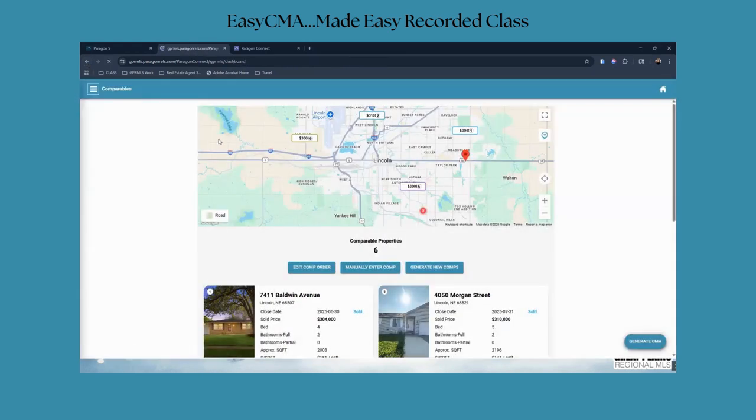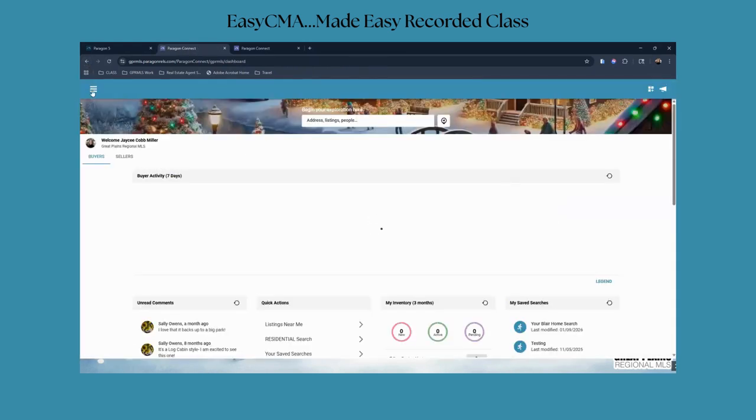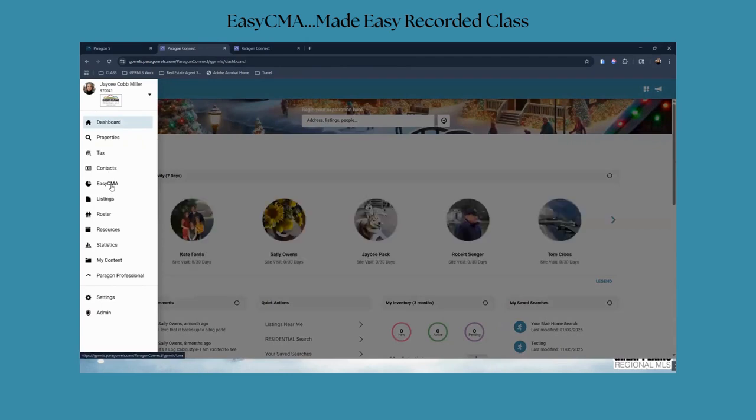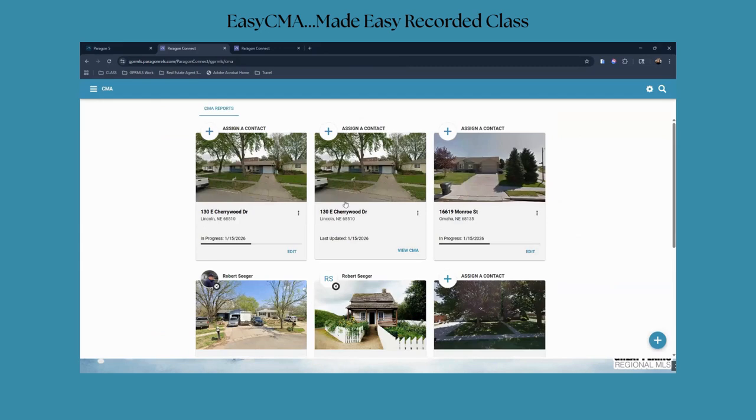Okay, so I have a couple other things here. In EasyCMA, you can assign a contact to your CMA. And I've done that here. What happens when you do that